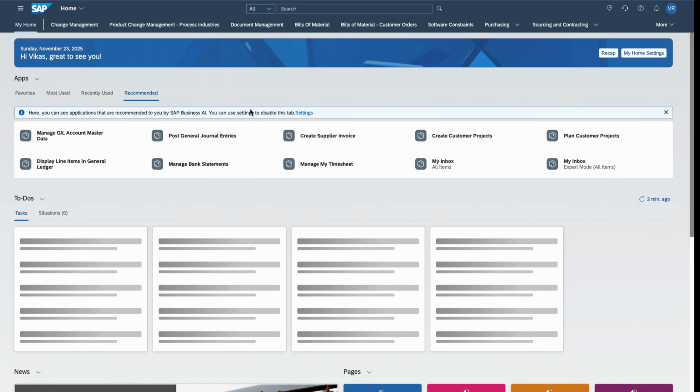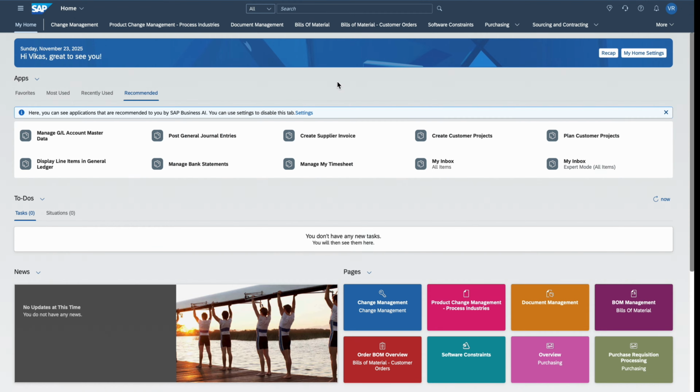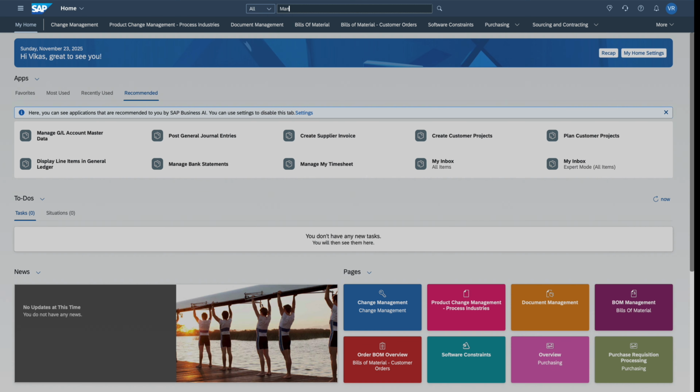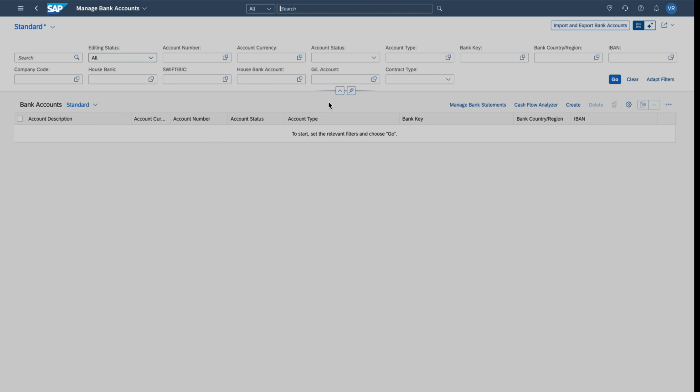Let's come back. In order to set up the account number under this particular bank, which right now we have created, there is a separate application called Manage Bank Accounts. Okay, so Manage Bank Accounts. Once you go to this particular app, there also you will find the Create option.